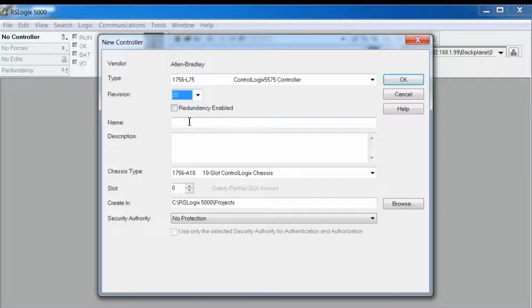We're not doing redundancy. Redundancy will probably show up in volume 3. Redundancy is a very complex subject. And we're going to call this processor my CLX. And if you haven't realized it by now, CLX is the contraction for ControlLogix,